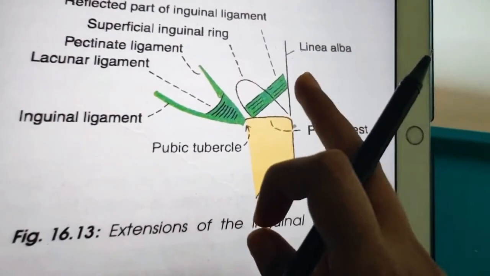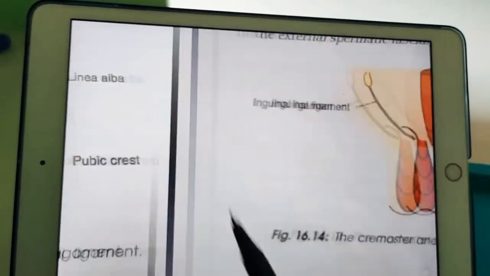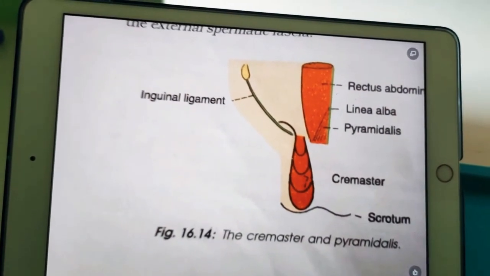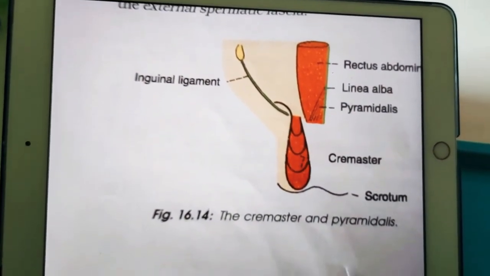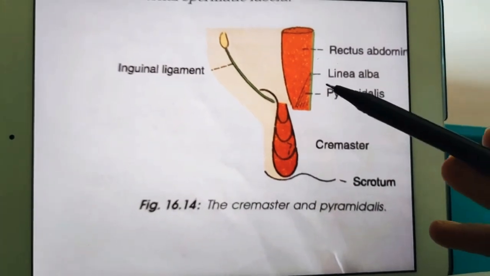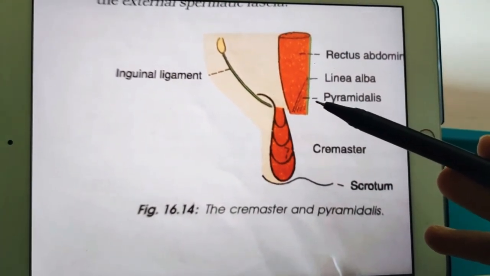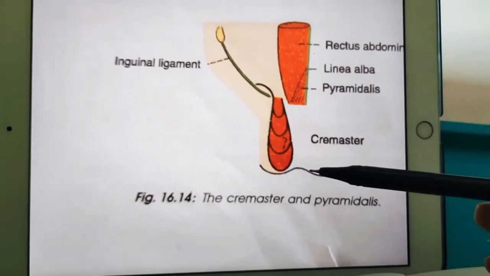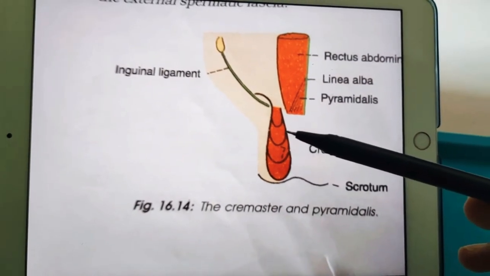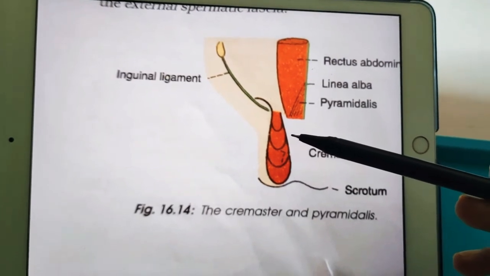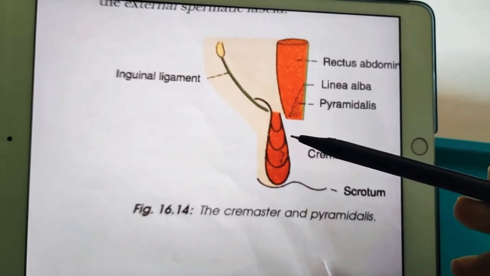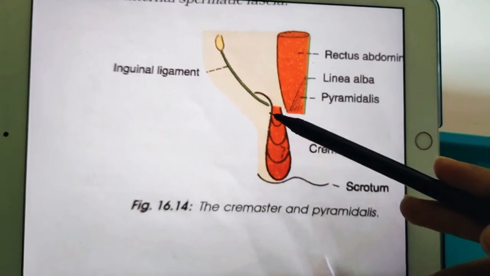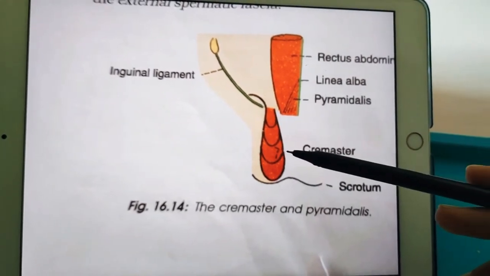Now let us discuss the cremaster muscle. For that you can see this diagram. Let us understand the cremaster muscle, and also here we have our pyramidalis muscle, which is one more vertical muscle of the anterior abdominal wall. First, the cremaster muscle. It mainly consists of muscle fasciculi which are embedded in a cremasteric fascia. So in the cremasteric fascia there is a cremasteric muscle.